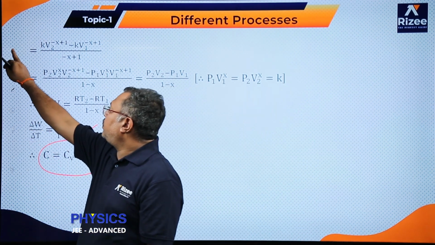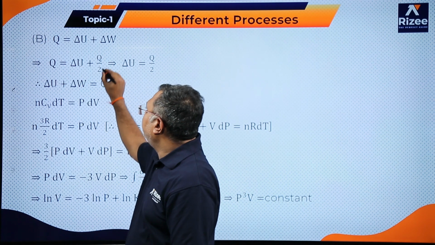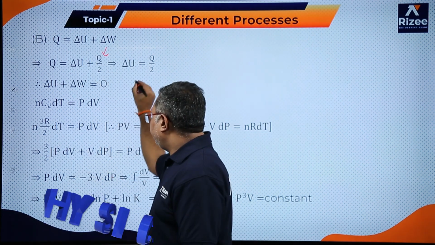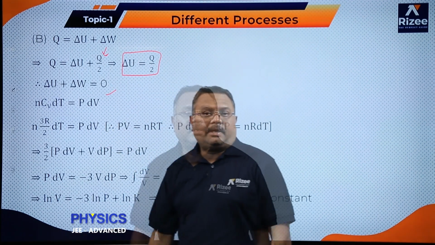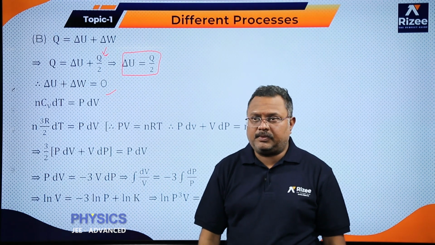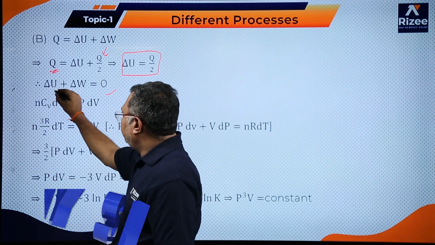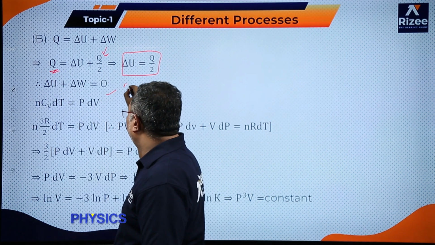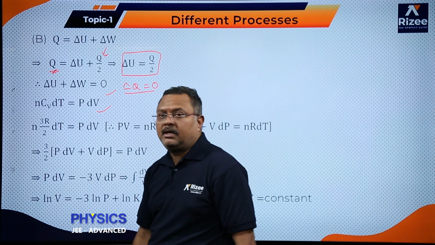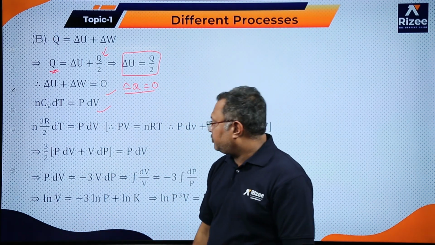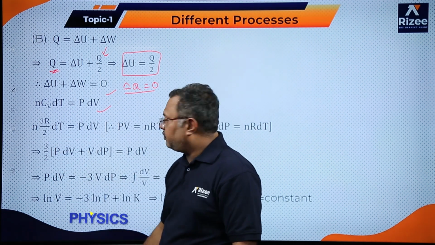Now in the second part of the question, the total heat supplied is going to be Q. Of that, Q by 2 is allotted to the work done here. So on that basis, the rise in the internal energy is going to be Q by 2, considering the total heat supplied. The supplied heat is constant, so delta Q is equal to 0. From this one you can write the change in internal energy is equal to the change in work done. We don't know whether the temperature has been raised or decreased.